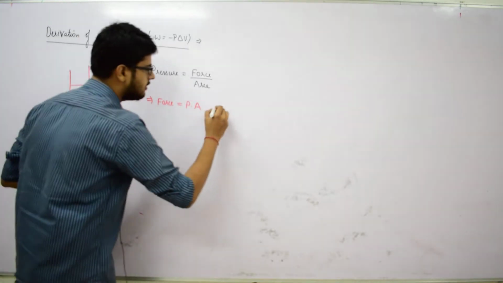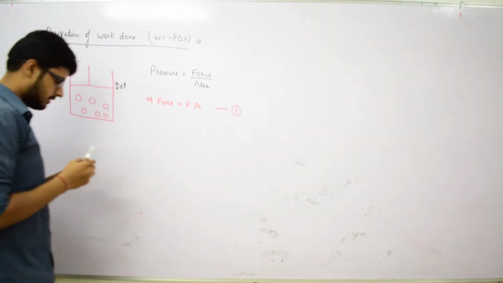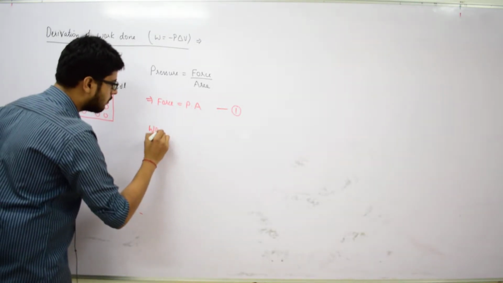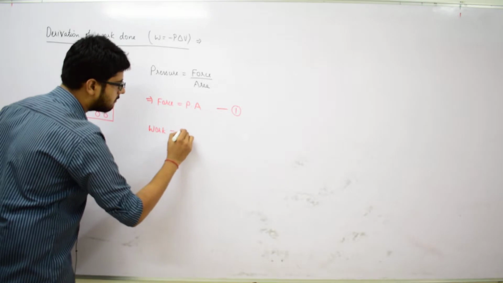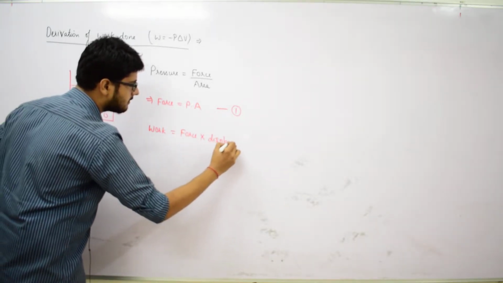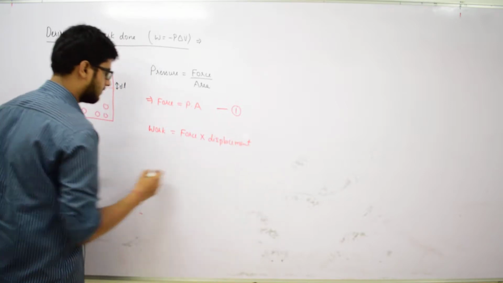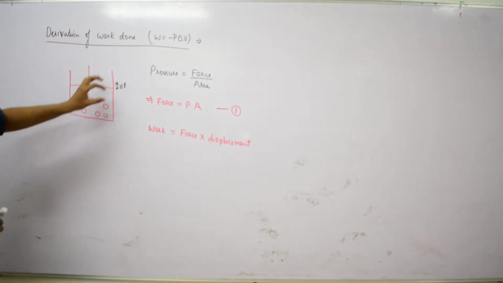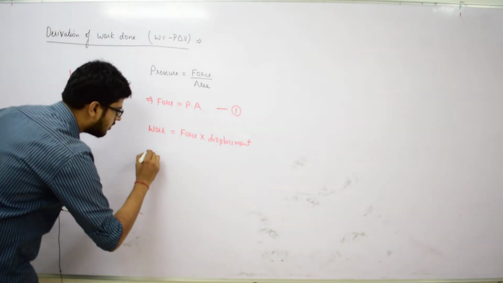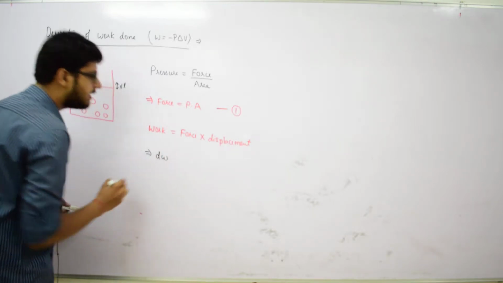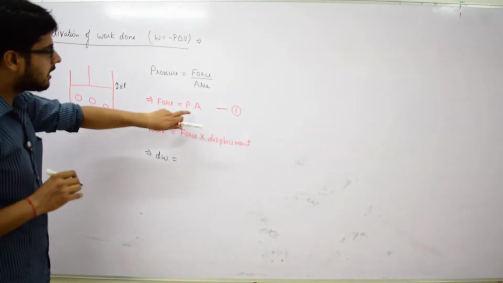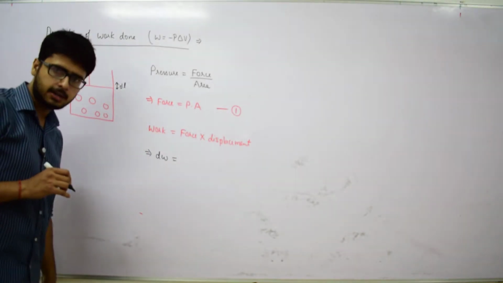This is our equation first, and we know that work done is equal to force multiplied by displacement. So, if there is a small displacement dl, the work done will also be small, that is we are taking it to be dw, small work done, and the value of force is equal to P multiplied by A,